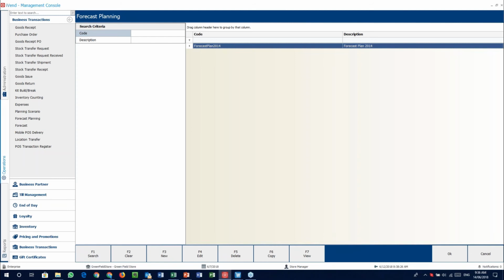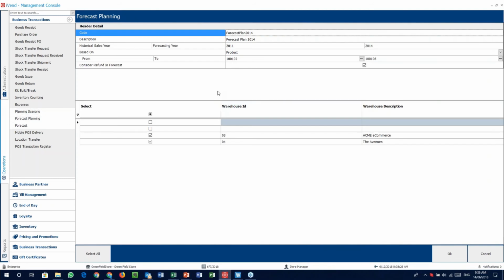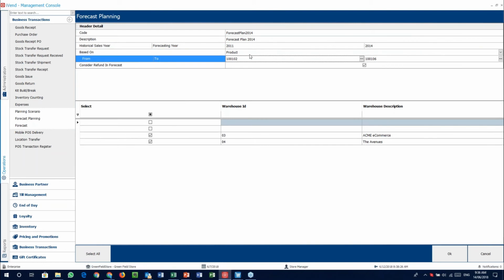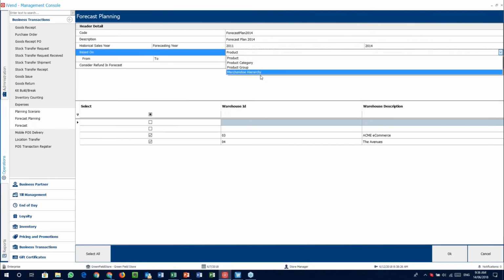But with this, you can also say, okay, let's have a look at our forecast planning. What are we planning for? This is our historical year. This is the year we're forecasting for, from to. Top tip, don't mess around with these settings too much, because that's where the data is in the demo database. Rather just run through and say, description, sales year, which year we're forecasting for, what is it based on? Is it based on product or this? It's very handy to use this drop down, another top tip, because you can point out the merchandise hierarchy,